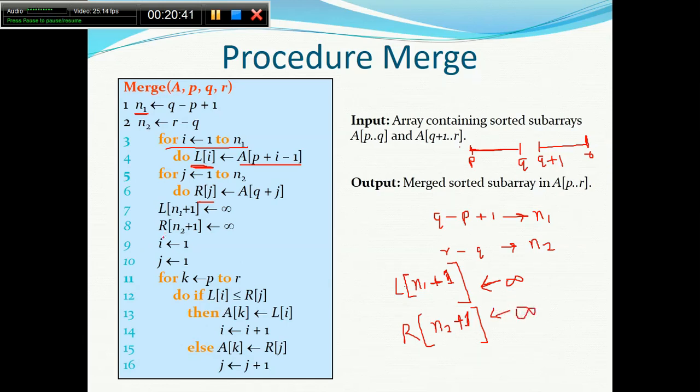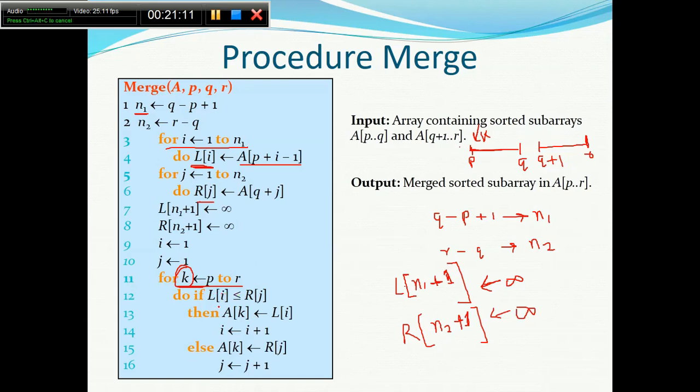Now for i equal to 1, j equal to 1, it will start with k from p to r, where k is pointing to the original array. I have copied the content of half the array in L and half in R. Then in the original array I will start a pointer k, and it will compare the content of Li and Rj.